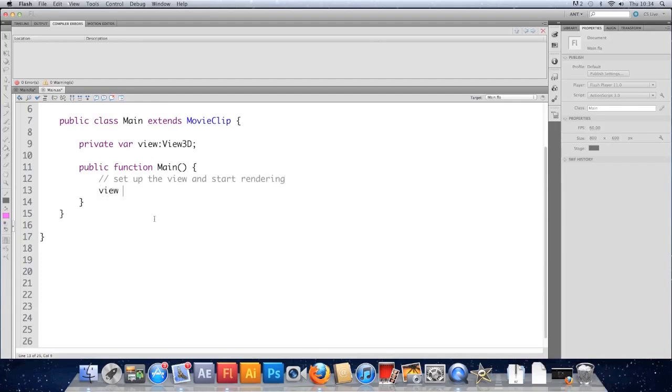So, view equals new Away3D. We don't need to put any additional information in there for now. What else do we need to set? We can set the camera position. So if we do view.camera.position